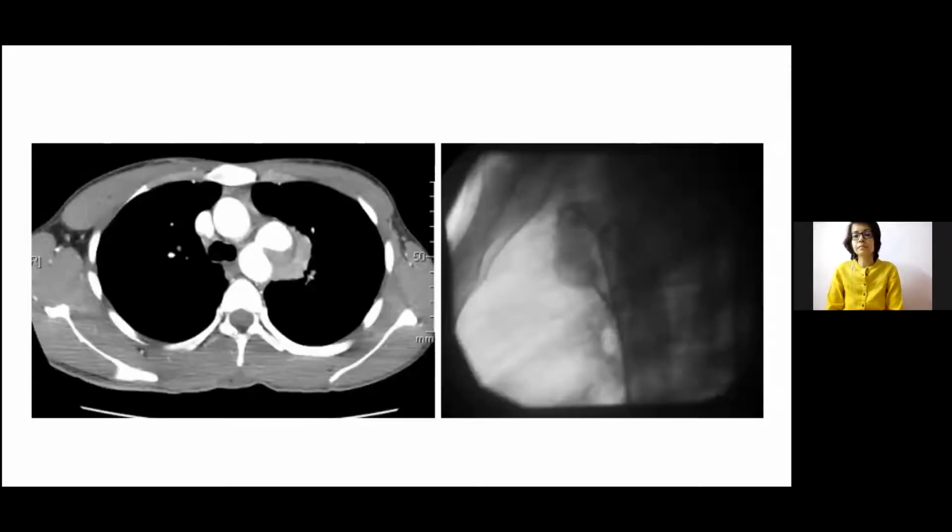So this is the CT scan. We showed this is the neck of the aneurysm. As you can see, some thrombus was sitting inside the whole aneurysmal sac, and the aneurysm had eroded into the lung parenchyma, which was the cause of the hemoptysis. And probably this was growing for some time, and it came into view only when the patient started having hemoptysis. This is the angiographic equivalent of the same shot, showing the aneurysm here.